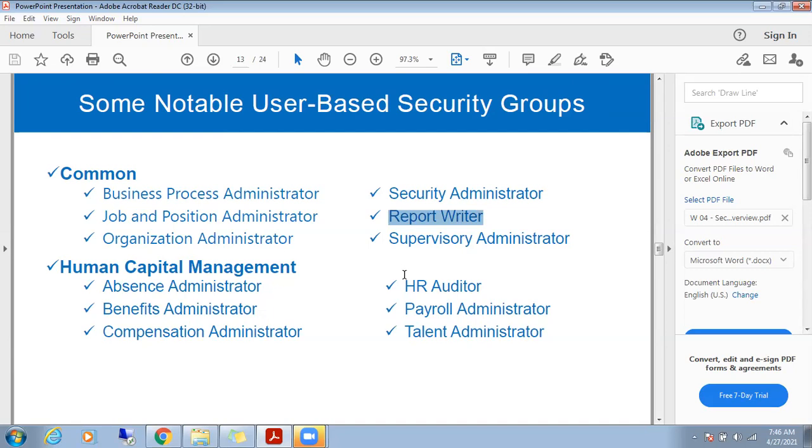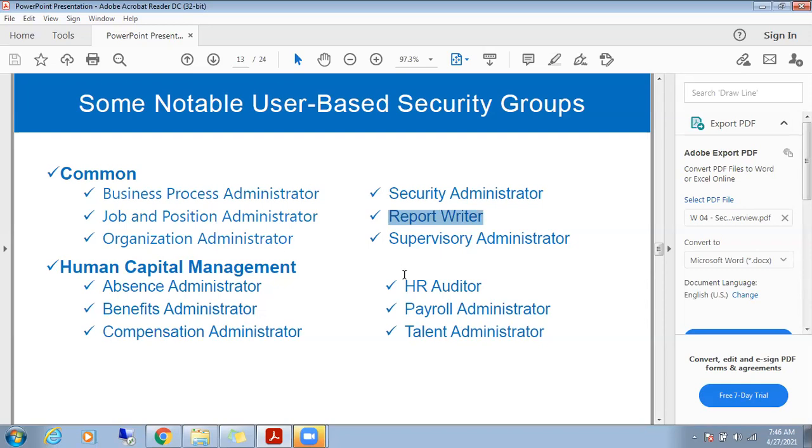Remember these, because they ask this in interviews. 100% you'll get this question if you're going for security. The question can be: can you say some user based security groups that you know? So I can say report writer, organization administrator, payroll administrator.